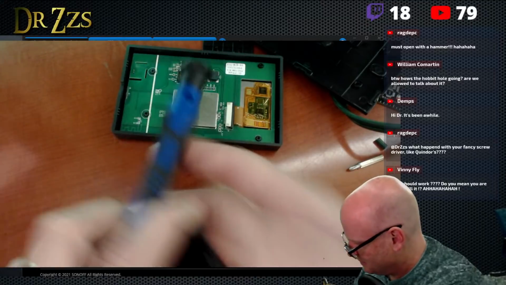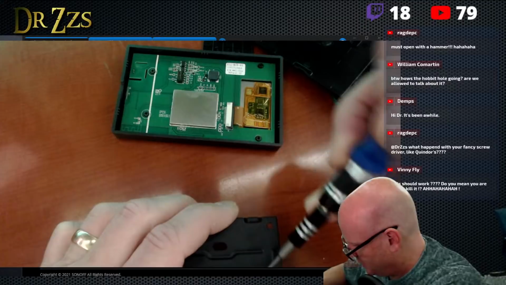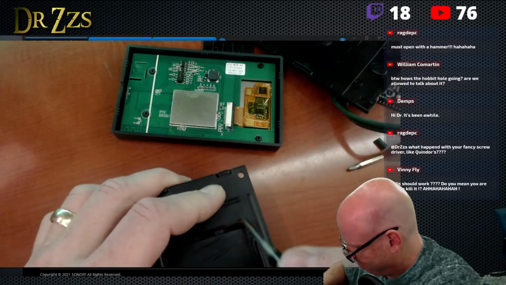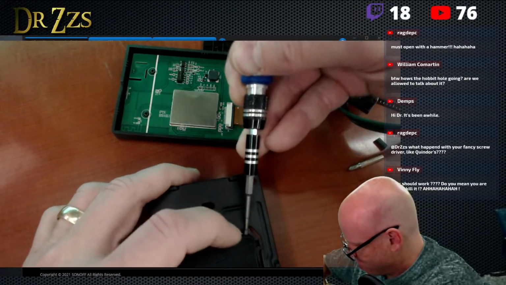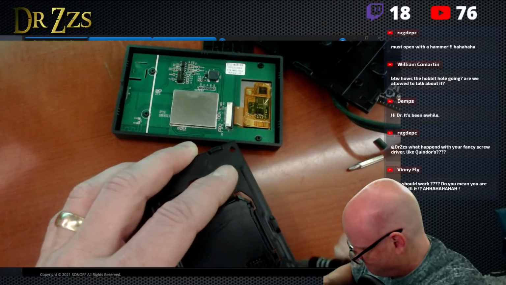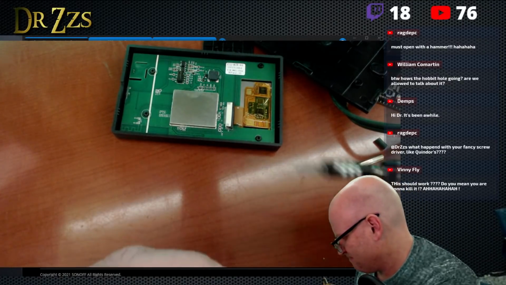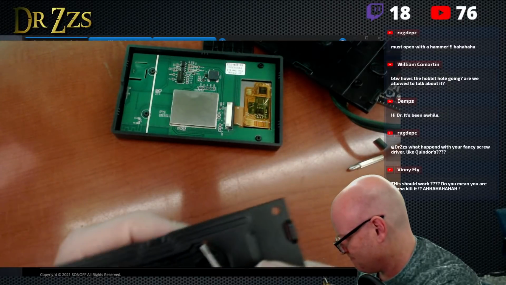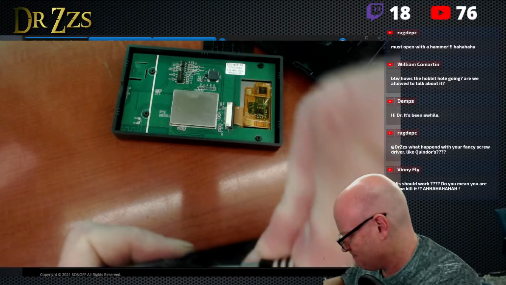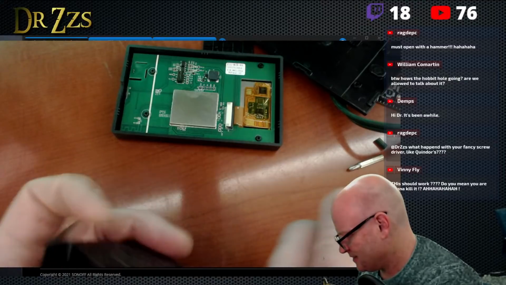Come on, you stinker. Should I just break it? I don't really want to break it. I mean, I can see how it works.